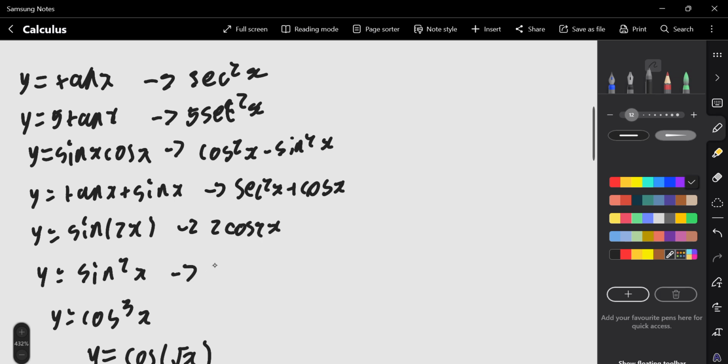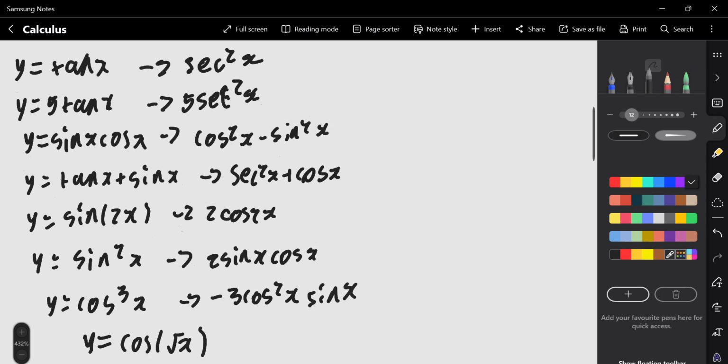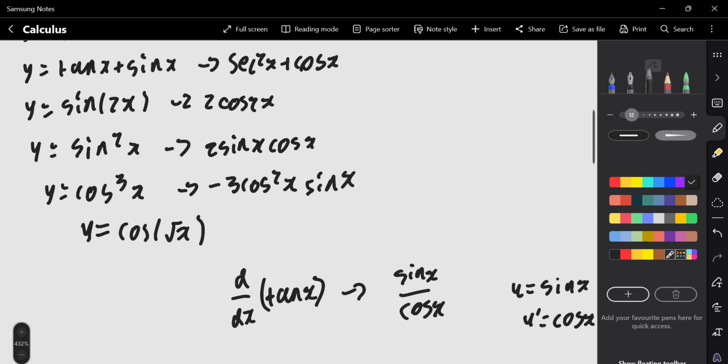And this one is going to become minus... What am I on about? 2 sine x cos x. It's chain rule. This is going to become, again, chain rule, minus 3 cos squared x sine x. And then y equals cos of root x is going to be